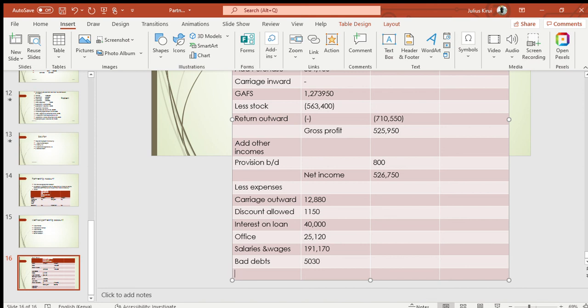So how much will be the fixtures depreciation? We say you less. Let me write first fixtures. You say the cost, which is the book value, less